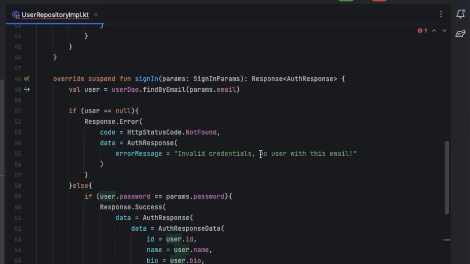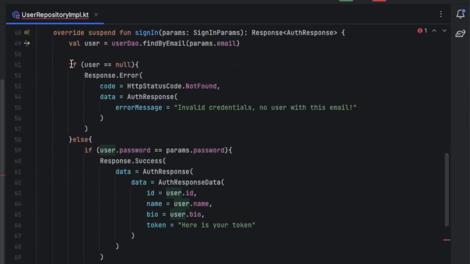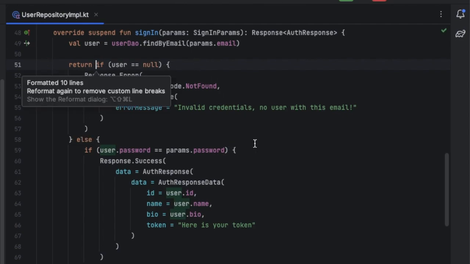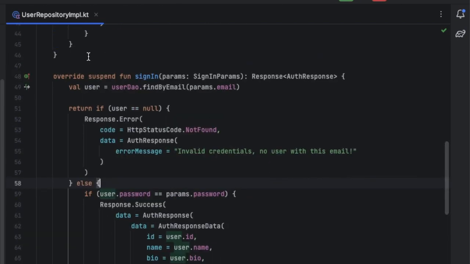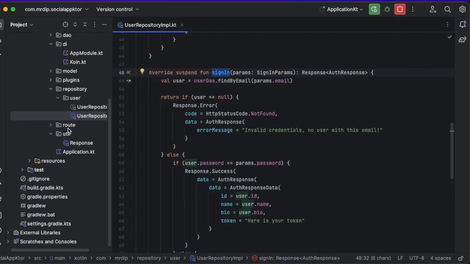So I think, okay, we need to return this, so let me add the return keyword. Great, now that we have implemented this sign-in,